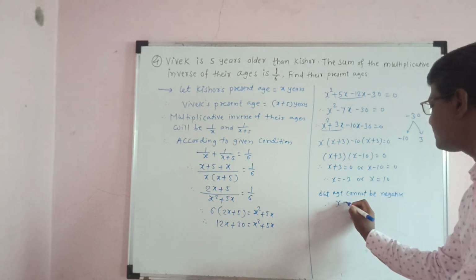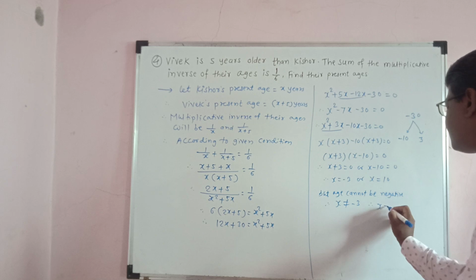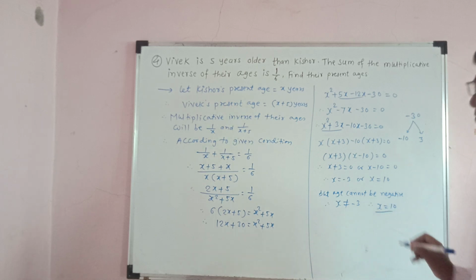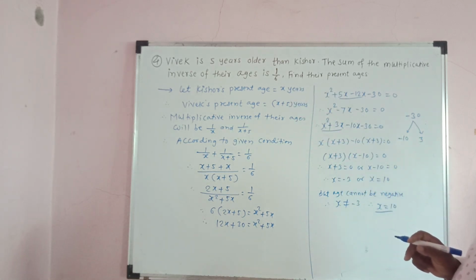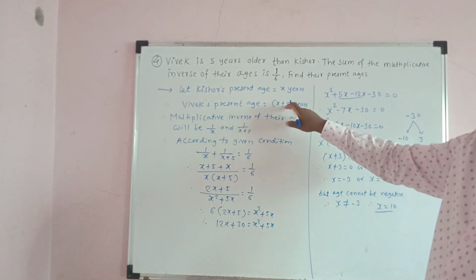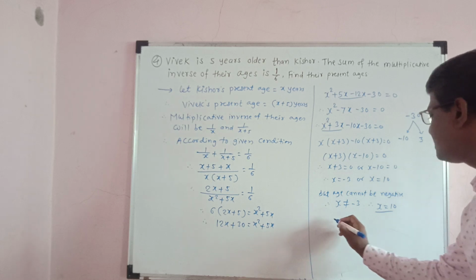Therefore x not equal to minus 3. Therefore x is equal to 10. So the value of x is 10. So Kishore's present age is equal to 10 years and Vivek's present age x plus 5 means 10 plus 5, 15 years. So we write